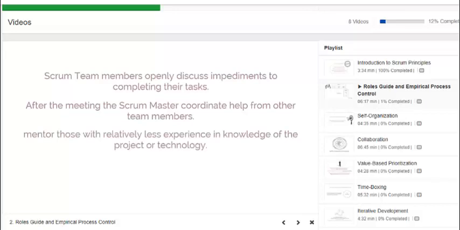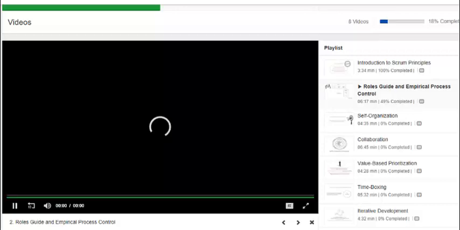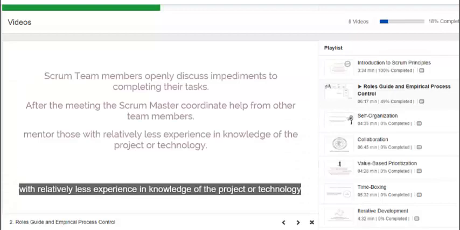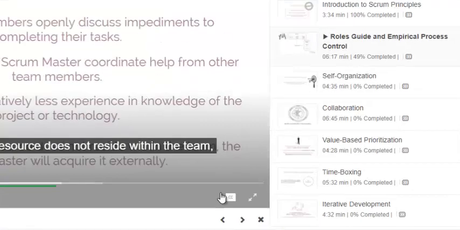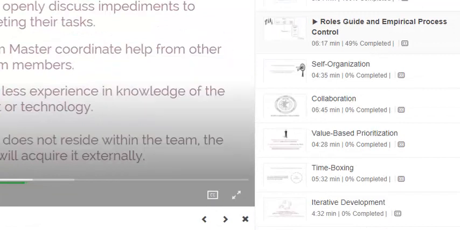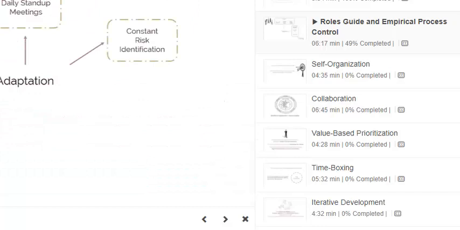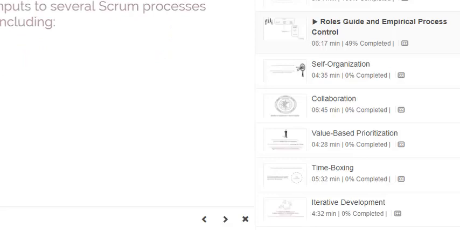More experienced members in the Scrum team also mentor those with relatively less experience and knowledge of the project or technology. When the needed resource doesn't reside within the team, the Scrum Master will acquire it externally. Risk identification is performed and iterated throughout the project. Identified risks become inputs to several Scrum processes, including create prioritized product backlog, groom prioritized product backlog, and create sprint